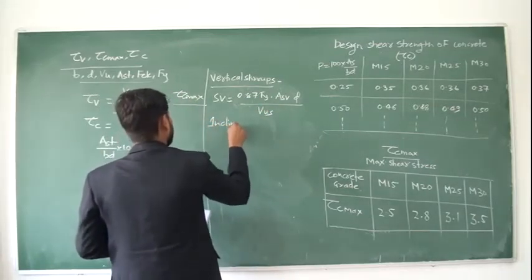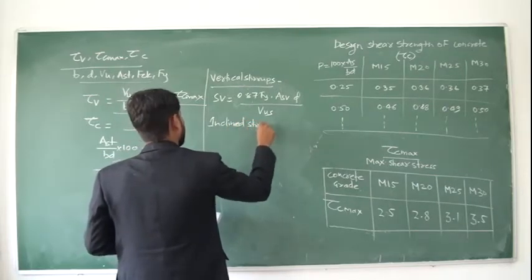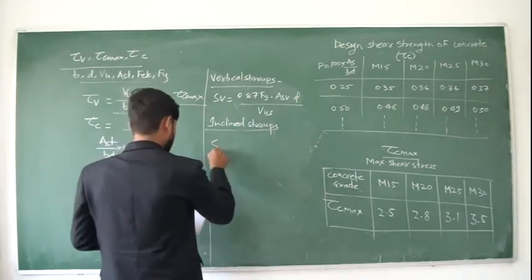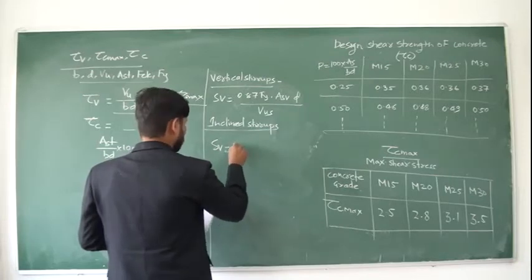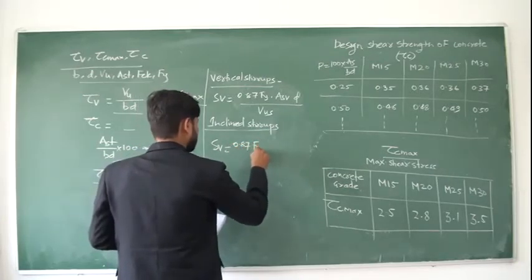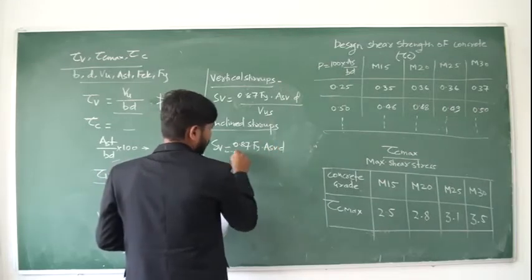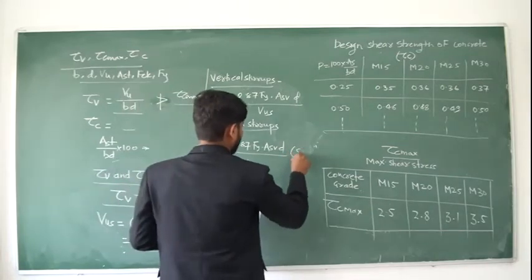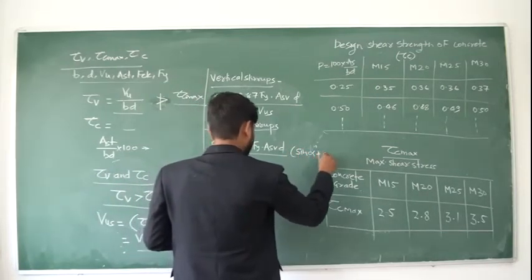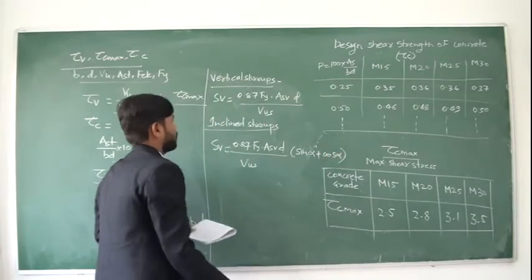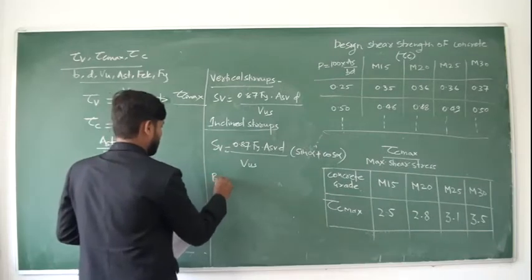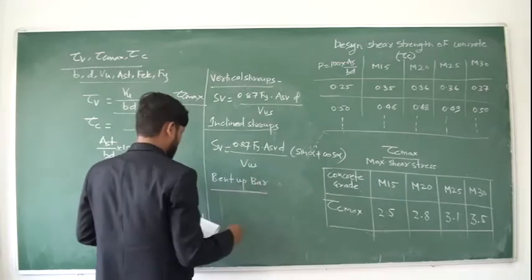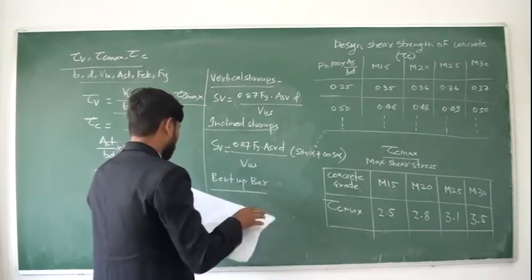Inclined stirrups: same formula, only one term we will add here. Then bent up bar, the formula is